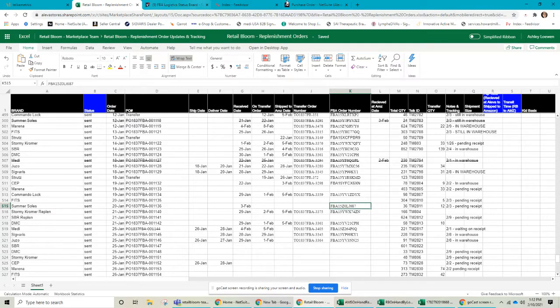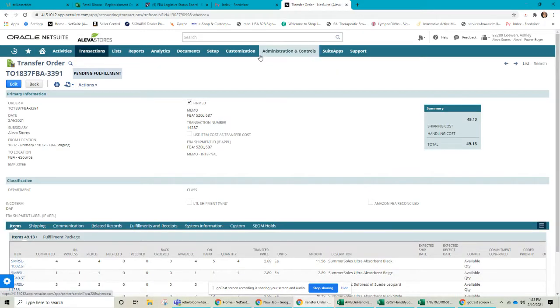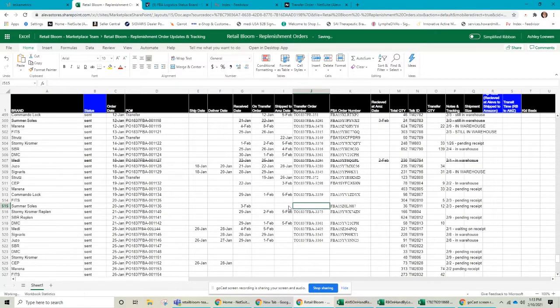I want to get its transfer order number. So I'm going to put that into NetSuite and get the rest of that information. Perfect. There's the transfer order number and the date that it was done. So I'm just going to record that here in our replenishment order piece. Okay. And I'm going to change my note here to 210